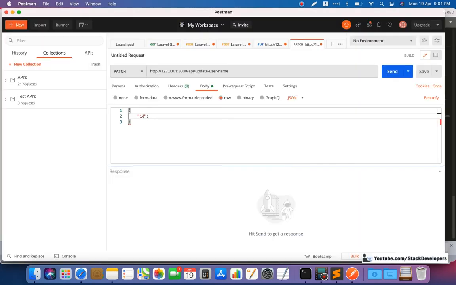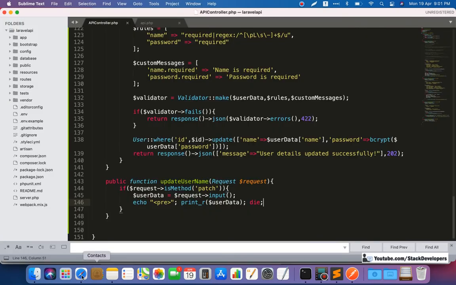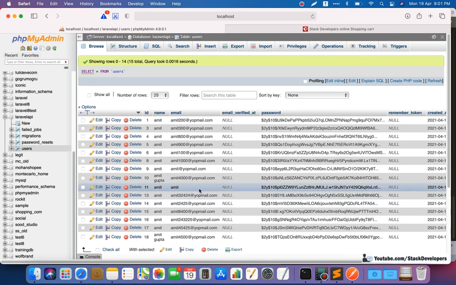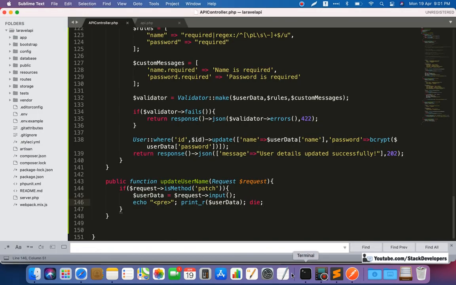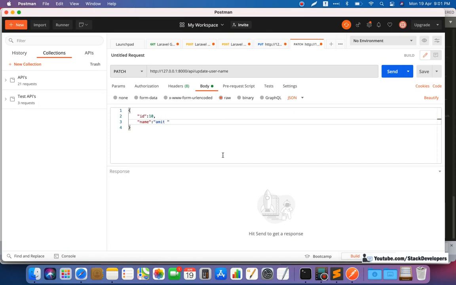So here I am going to take 10. After that we are going to update the name. Earlier it was Amit Gupta, and I am going to make it Amit once again. So this is the information that I want to update.